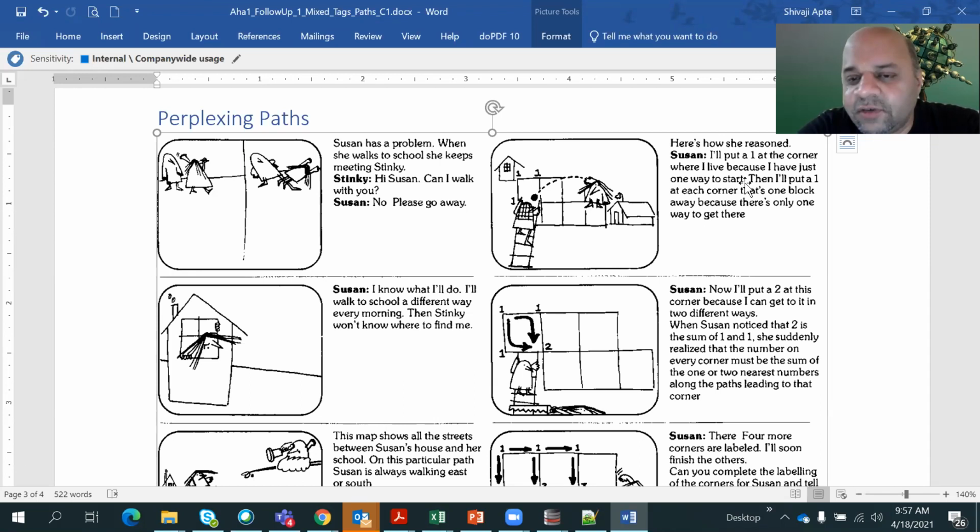There is only one way that she could have reached it. Okay, so she has put one there. Okay, now